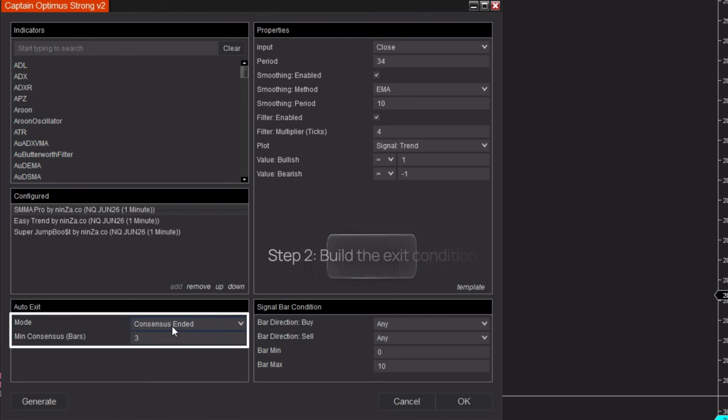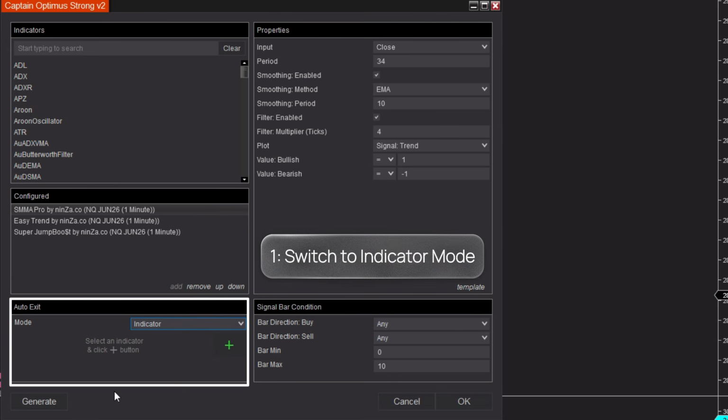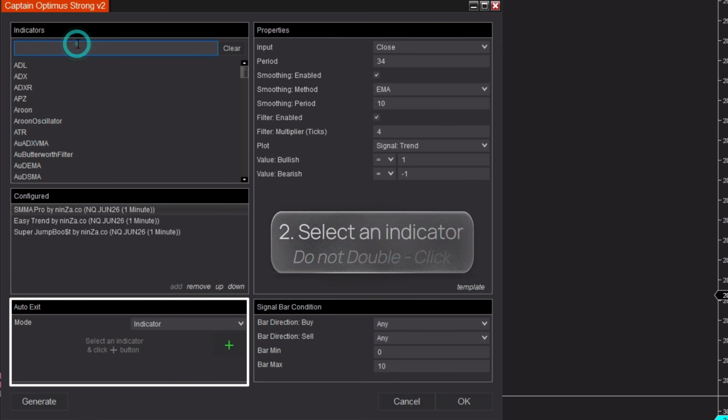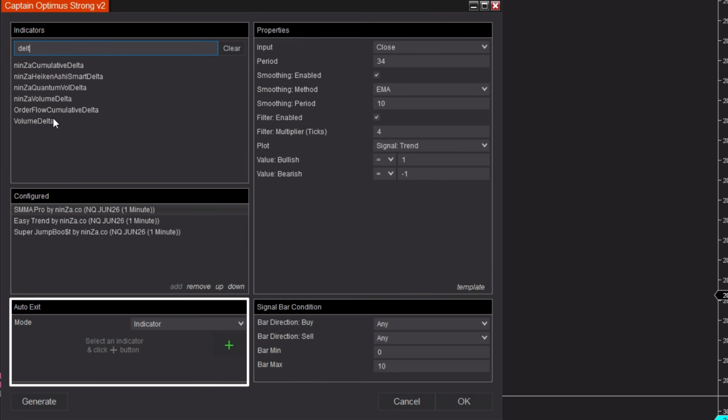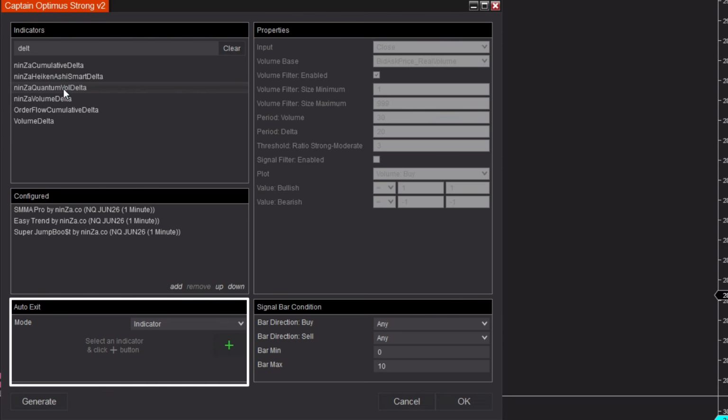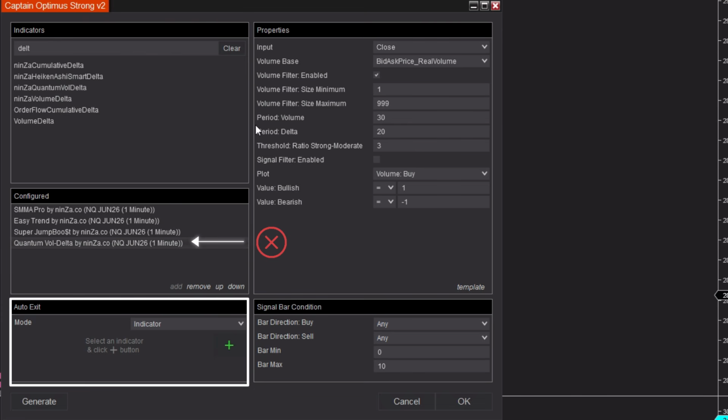Step 2. Build the exit condition. First, change the exit method to switch to indicator mode. Next, choose the indicator you want to use as your trade exit signal. Important: do not double-click the indicator. Double-clicking may accidentally place the indicator into the input indicator section used for entry signal processing rather than the exit